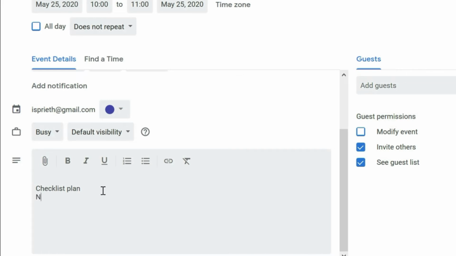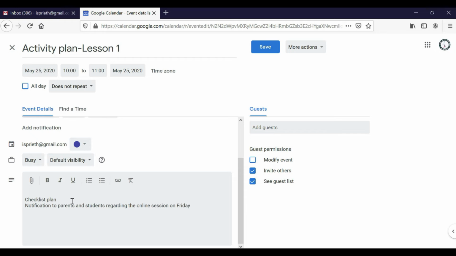So notification, parents and students regarding the online session on Friday. So save it.